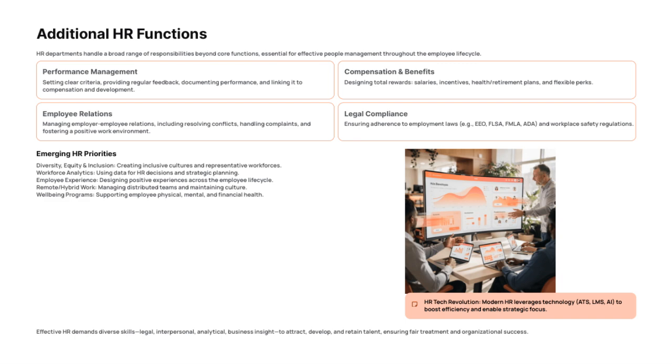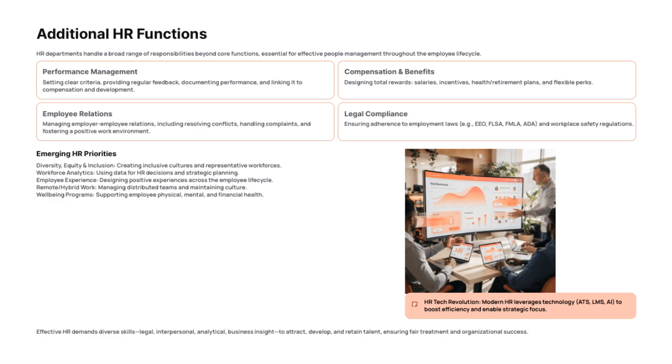Now, moving on to emerging HR priorities. Ensuring compliance with employment laws, like Equal Employment Opportunity, Fair Labor Standards Act, Family and Medical Leave Act, and Americans with Disabilities Act, is fundamental to avoid legal issues and promote fairness. Legal compliance is about managing employer-employee relations, resolving conflicts, handling complaints, and fostering a positive work environment that aligns with legal standards. Designing total rewards involves not just salaries, but also incentives, health and retirement plans, and flexible perks that